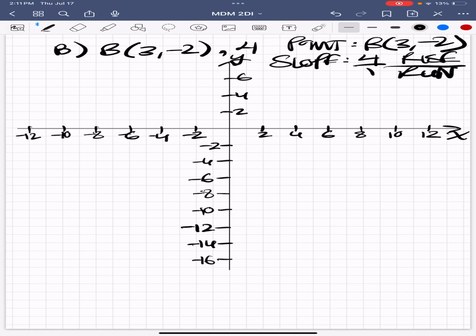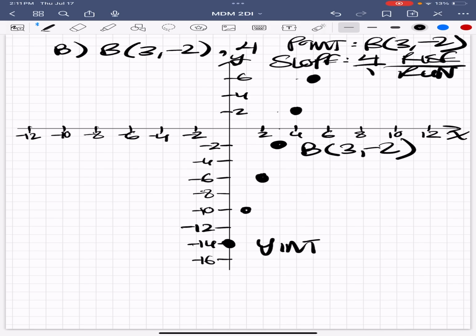So it's 3, negative 2, rises up 4 over 1. Down 4 over 1. And then we have the y-intercept, or b,